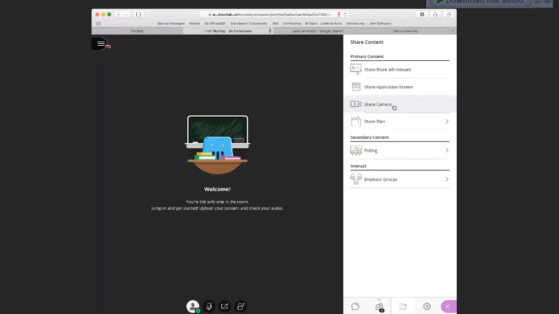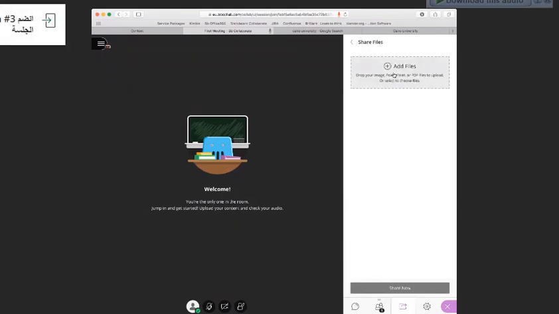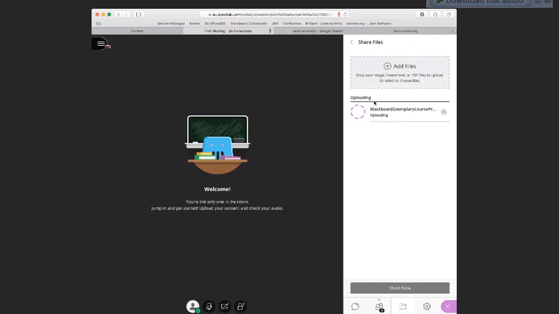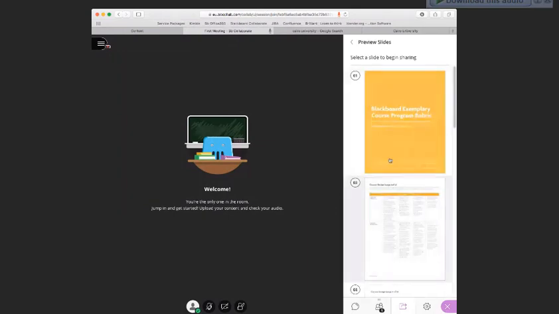an experiment or other component, you can share it. You just need to connect two cameras to your computer. You can share files, so you can upload any file, any presentation, for example. Of course, if it's a PDF or PowerPoint or image, the best practice is to convert it to PDF and then upload it. So you can just upload any file like this file and click on share now,